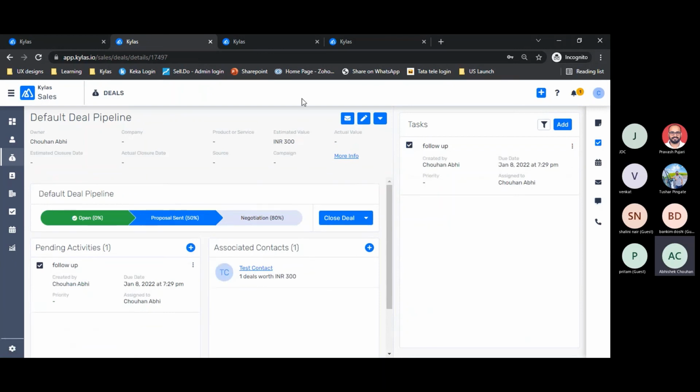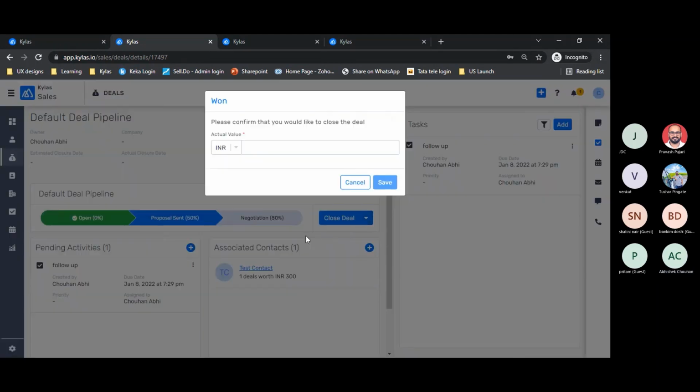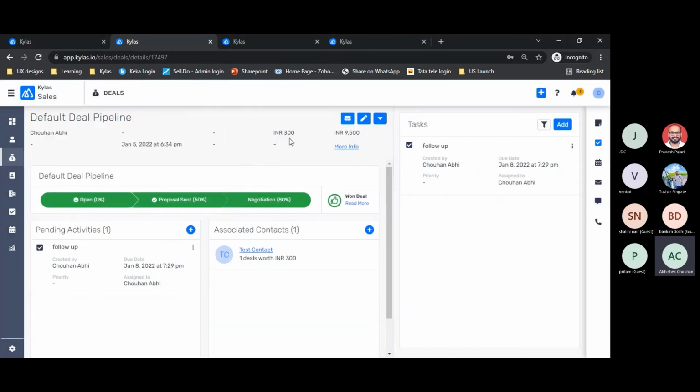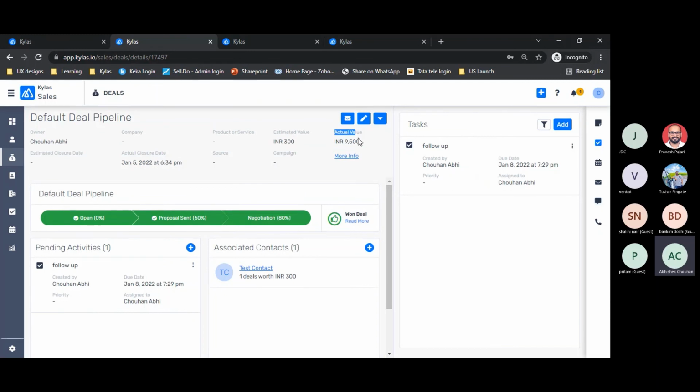So let's say I am selling a product worth rupees 10,000. This person is interested, so I'll mark that value as 10,000. But at the time of closure, if I have offered some discount, instead of 10,000, let's say I ended up selling that product for 9500. So this is my actual deal value, which is set as 9500.